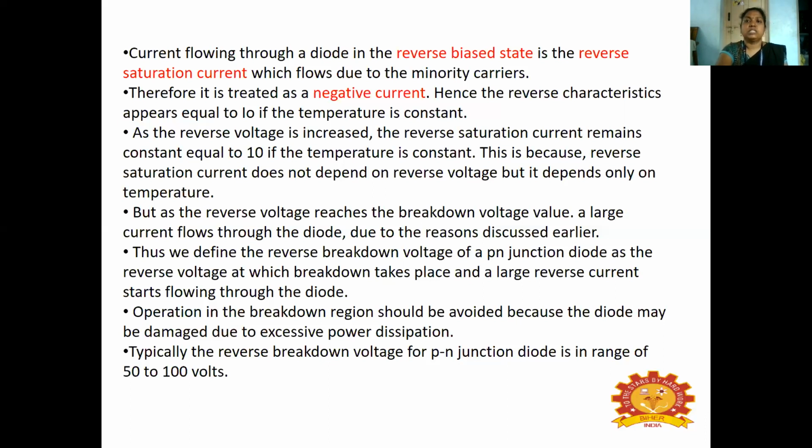So this is what we have discussed now. So far we have discussed the various characteristics of biasing. We have defined the forward bias and the reverse bias and their operation with clear diagrams, the terminologies required for forward and reverse bias, and how the forward and reverse current flows. And finally, clear terminologies with the constant values of the characteristics. Thank you.